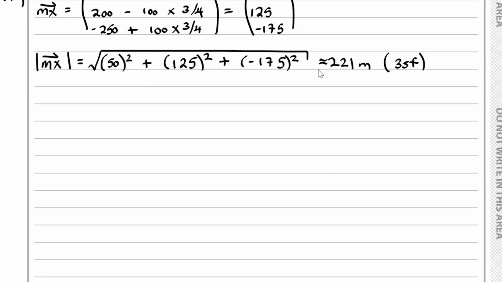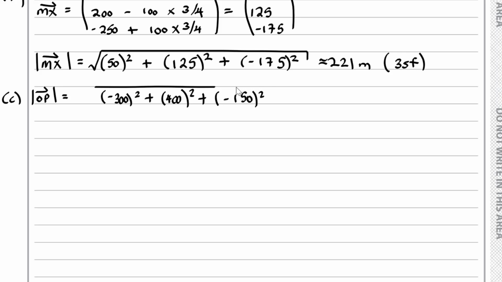So if we find out what OP is for part C, OP, that's equal to the square root of minus 300 squared plus 400 squared plus minus 150 squared. And if you work this out, you get a value which is approximately equal to 522 meters to 3 significant figures. And OQ,